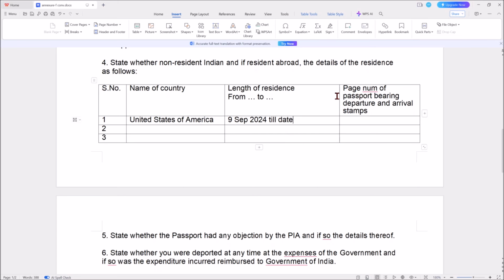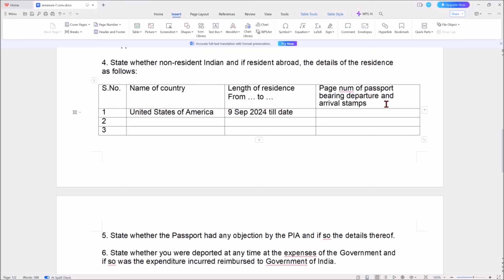Then the page number of passport bearing departure and arrival stamps. So this one, if you remember this, then you can add the page number. Even if you don't remember this, you need to provide an estimate of the page number that is bearing your departure stamp from India and arrival stamp in United States. So page 4,